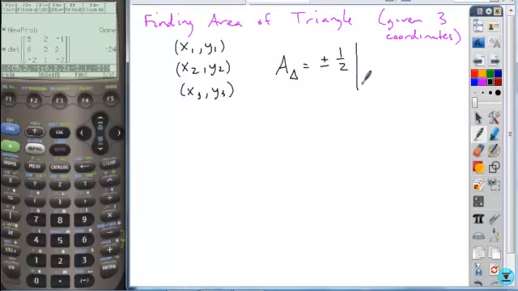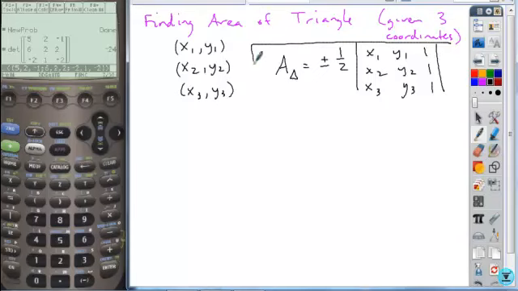But you can just set it up and take 1/2 of the determinant of the matrix that's formed by the x1, y1. And then the third column in each of the rows is just the value of 1. So you get x2, y2, 1, and then finally x3, y3, 1. So if you evaluate this expression, so take the determinant of this matrix, divide by 2 or multiply by 1/2,